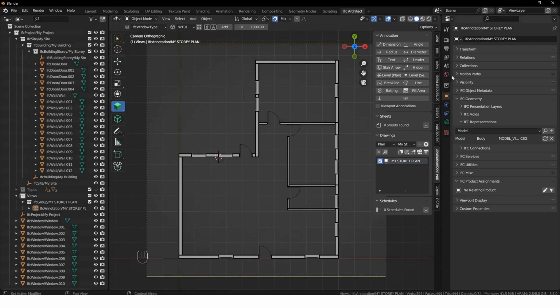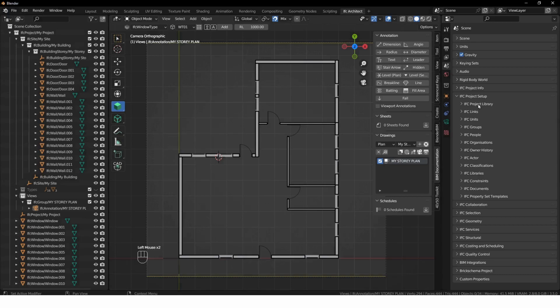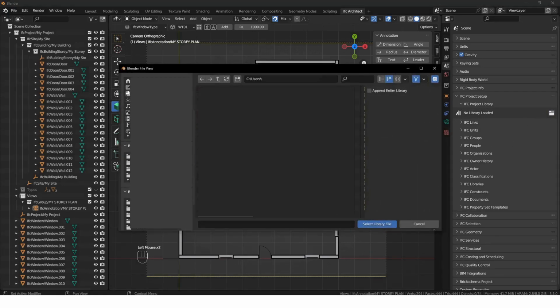So we're not going to use a custom file this time, we're going to use the IFC4AU demo file. So go over here to our scene properties, IFC project setup, and you can download this in the description. It does come with BlenderBIM. It's located in your data folder, but you can download it in the description. Make sure you're using the latest version. Go to IFC project library, click on this file icon, and then just navigate to where you have it downloaded. So I've got it in my library,